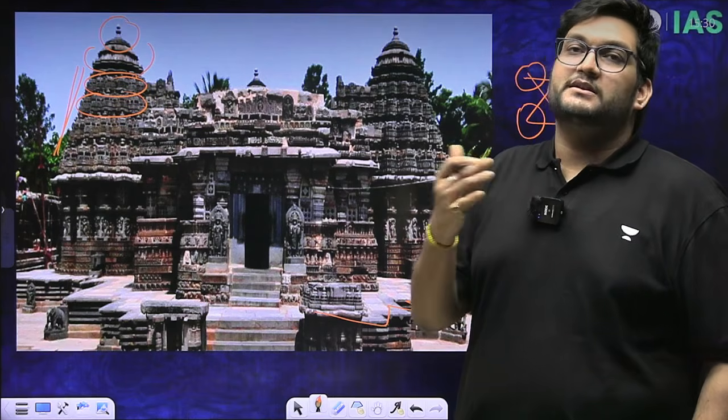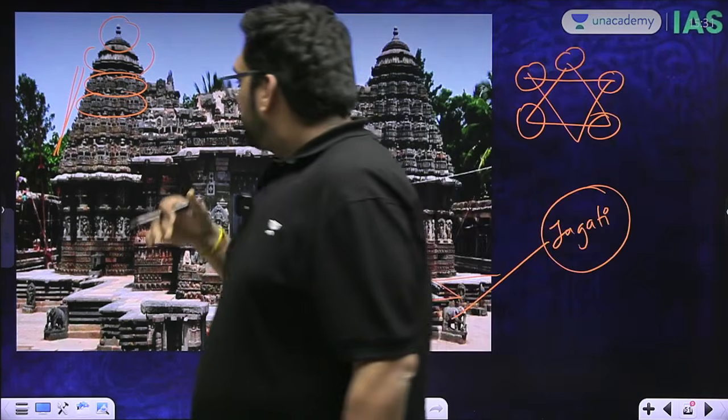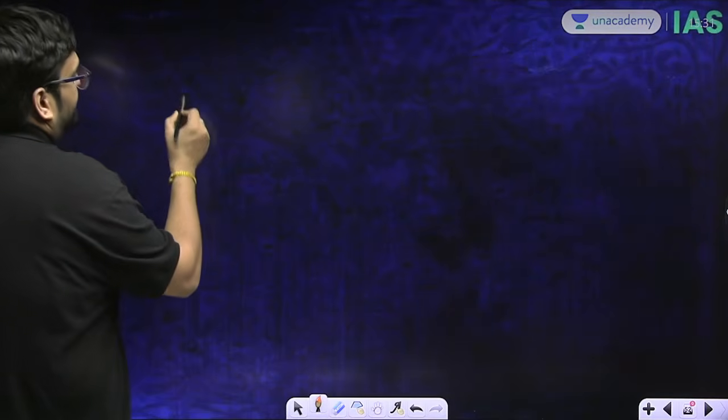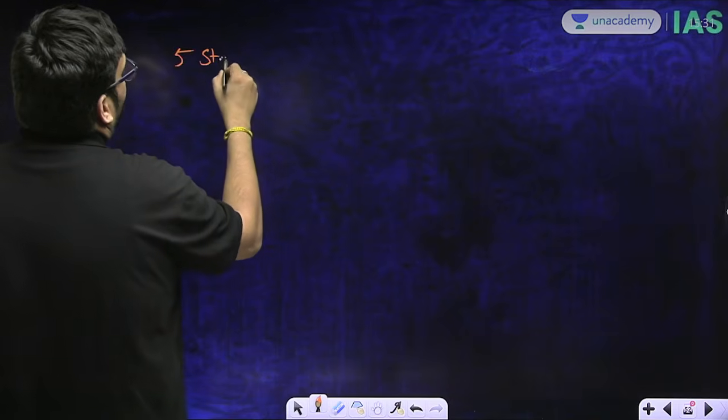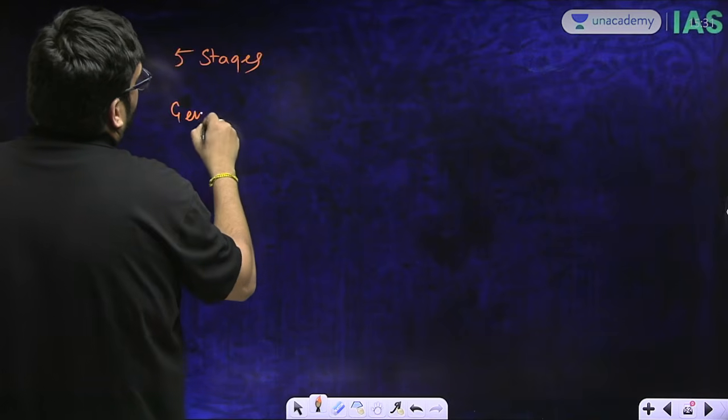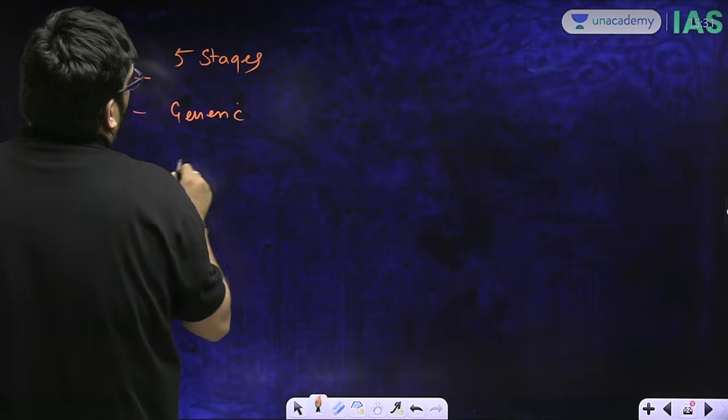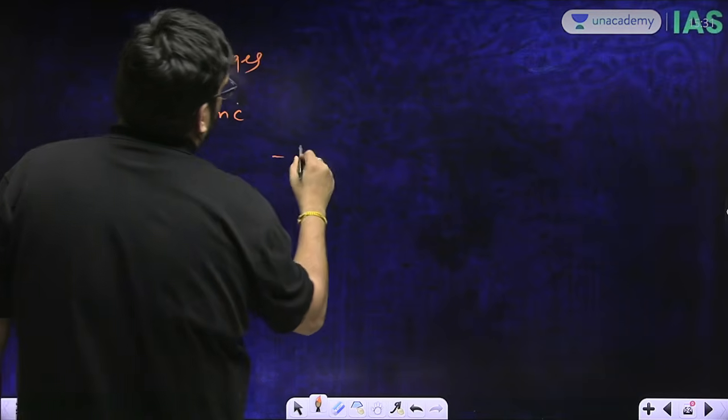That is what makes this whole concept so interesting. So with this we have understood the 5 stages of development, the generic features, the Nagara style, the Dravida style,